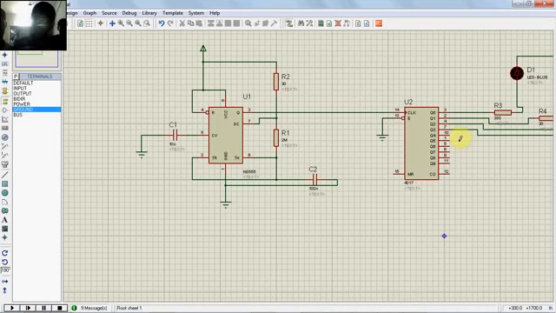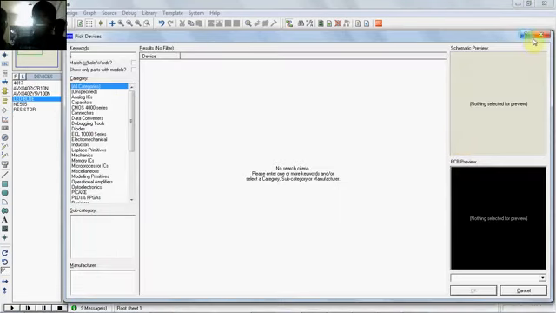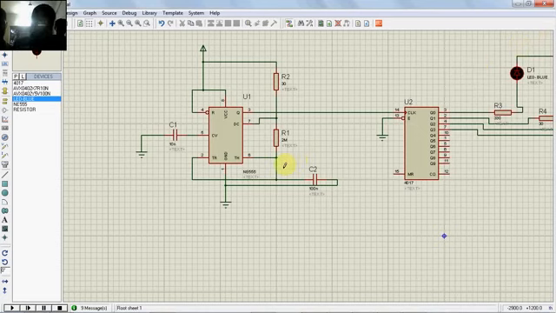You can use any of the microcontrollers. Even ARM is there. I will show you just an example of how the circuits are. Another circuit is an example circuit that is given with Proteus.